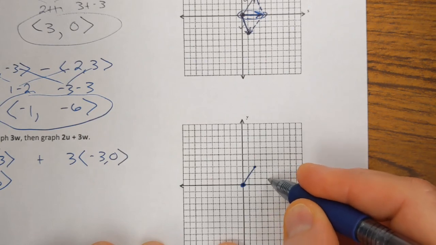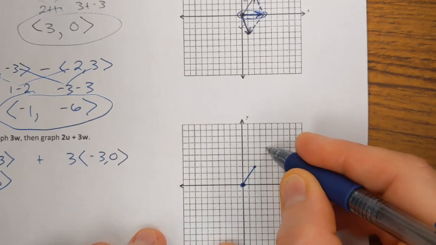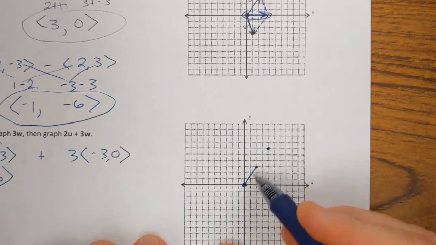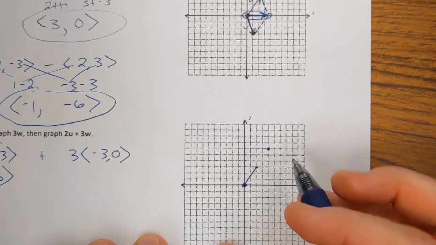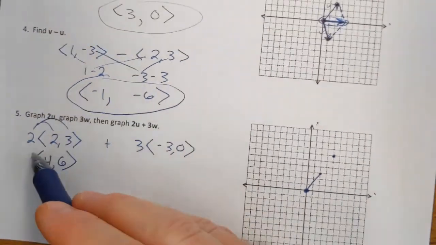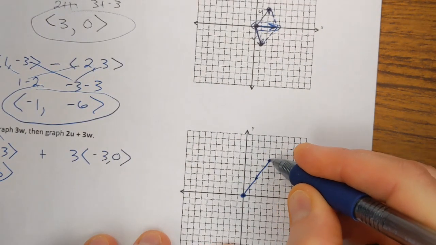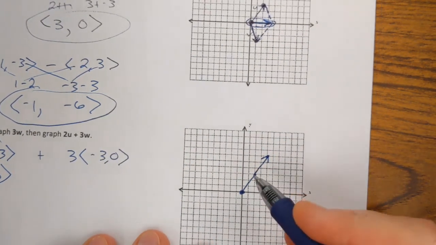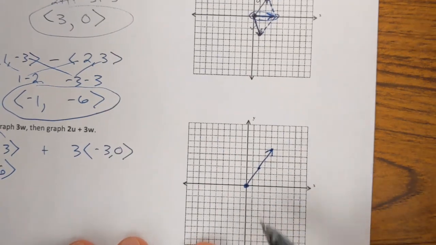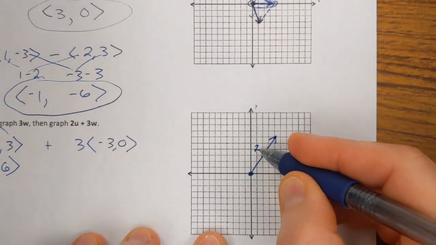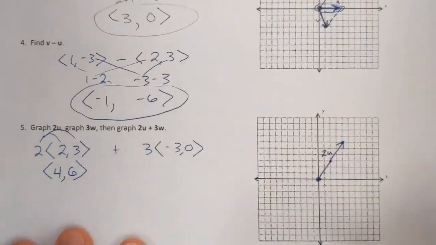2, 3, 4. 1, 2, 3, 4, 5, 6. And look what happens. This original vector u, if I double it, turn the 2 and the 3 into a 4 and a 6, well, look what happens. The resultant vector just gets twice as large. It's still heading in that same angle, but it's just twice as large now. So this is 2u. Okay? And then